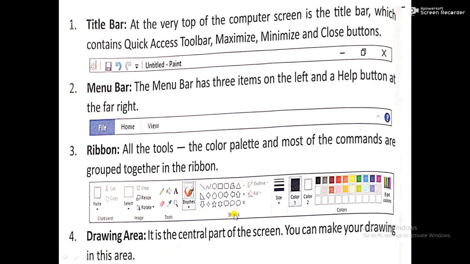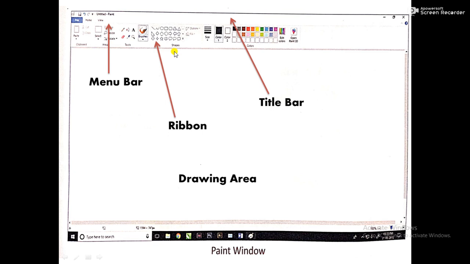The shapes group contains different types of shapes. And this is the color palette, which contains many colors. In this way you will find all the tools together in the ribbon. This ribbon is situated under the menu bar.